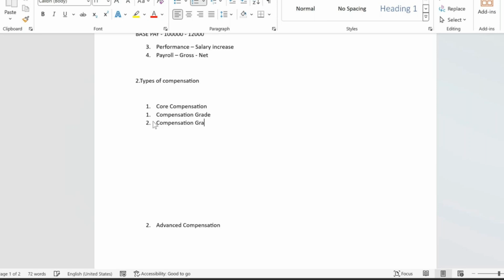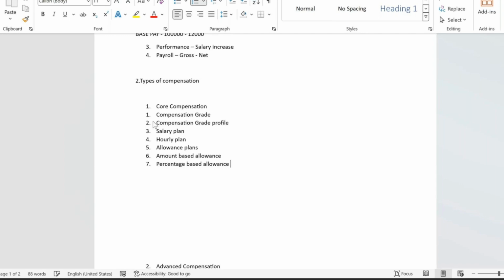Compensation grade profile, salary plan, hourly plan, allowance plans, amount-based allowance, percentage-based allowance, unit-based allowance, period salary plan,